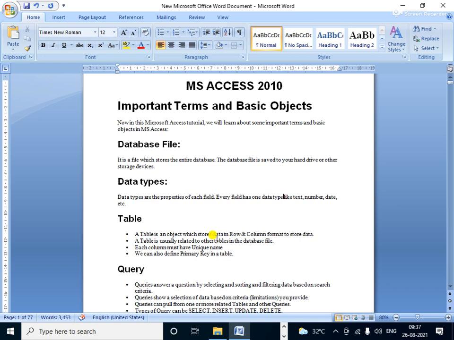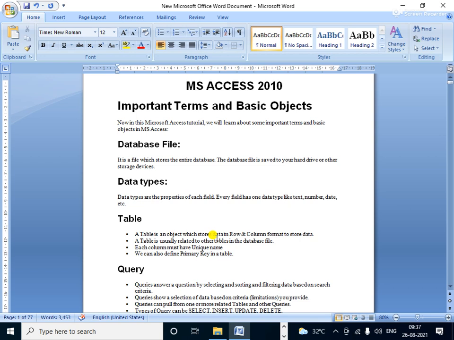Means a table is created to combine the rows and columns. When you combine the rows and columns, then the table is created. And the table is the platform where the user stores their files and information. And in the case of Microsoft Access, a user stores the files in the table.